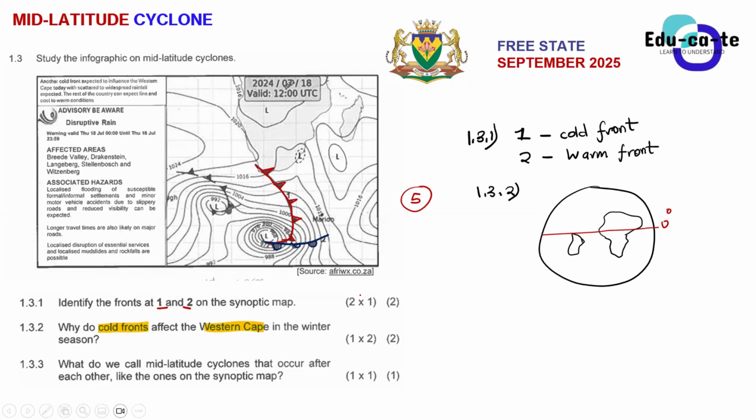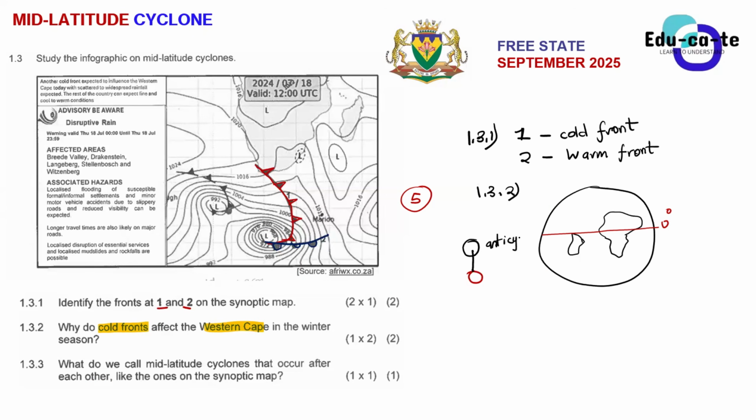You guys learned it in grade 11. You learned of the anticyclones. You are still going to learn them again in grade 12, it's fine, but you need to know that these mid-latitude cyclones are kind of attached together. Okay, let's just use a simple diagram. Let's just say this round is a mid-latitude cyclone. It is attached to what? It is attached to two anticyclones.